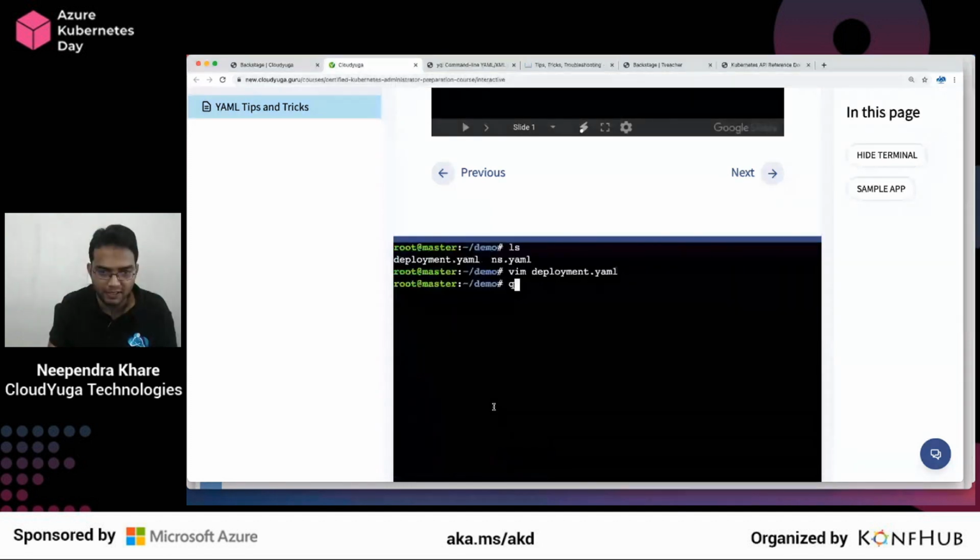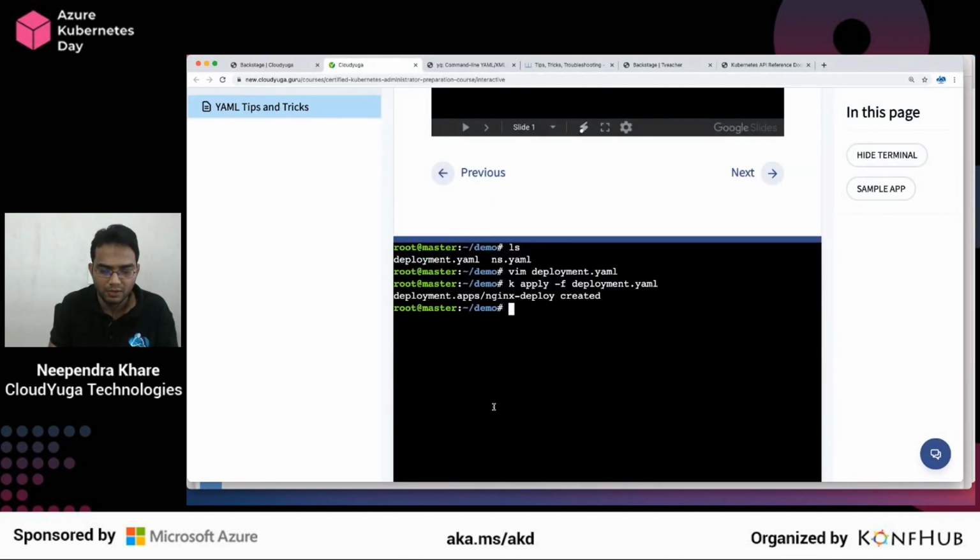So if I go and apply this particular YAML file, this would be created now, and this information is sent to my API server. And if I look at it, it would be there now. It's still getting created, but that's okay.